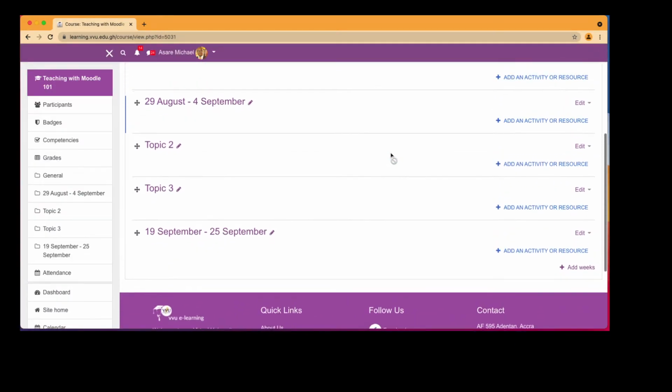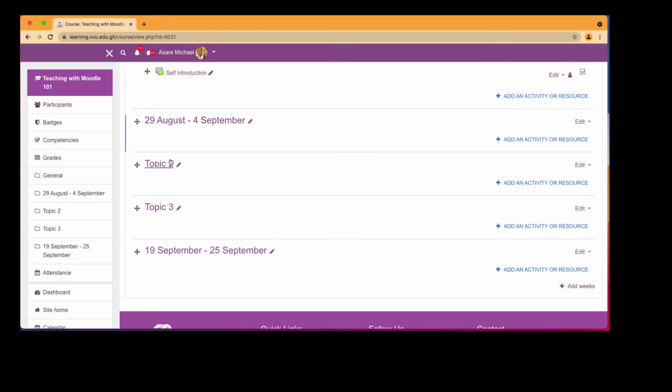So this is how it looks. Okay, so I renamed this earlier on. That is how come this ones did not change. So you can do your own changes. So for instance, if week 1 is 29th to 4th August, then week 2 will be 5th